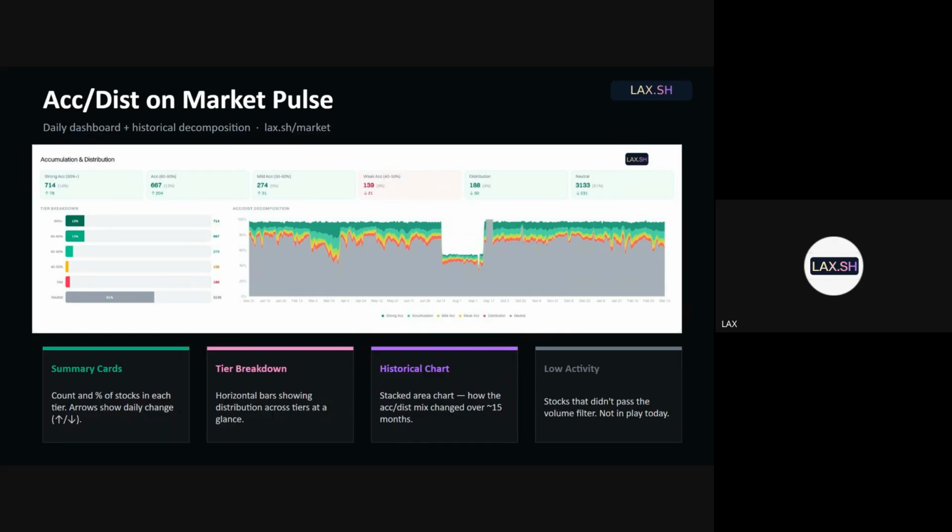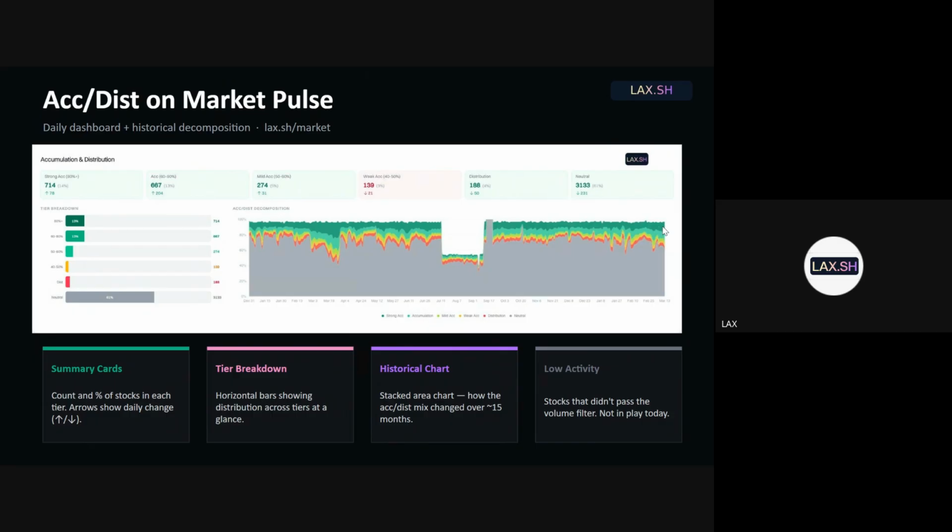So you see 80% plus, 60 to 80%, 50 to 60, 40 to 50, and then you have distribution, then you have neutral. I mean, it is actually low activity. The labels have not changed yet. They'll be corrected in the future. We are still studying what has caused this slump. We have not found what the issue is. And you see, this clearly tells you the green area. What has happened to the green area recently? It expanded, right?